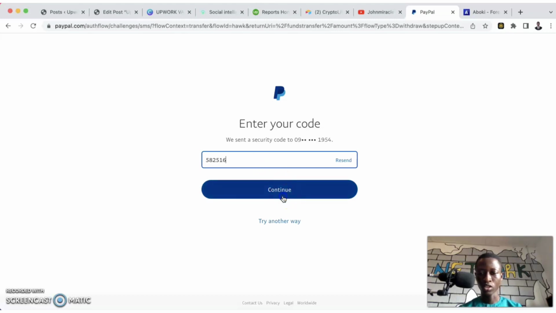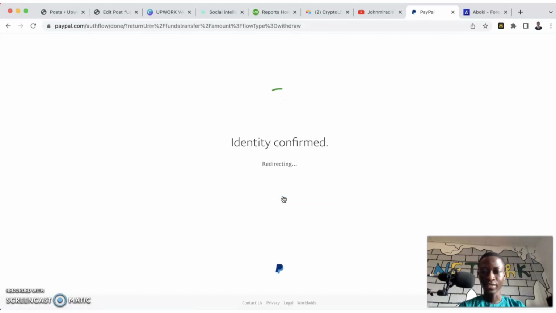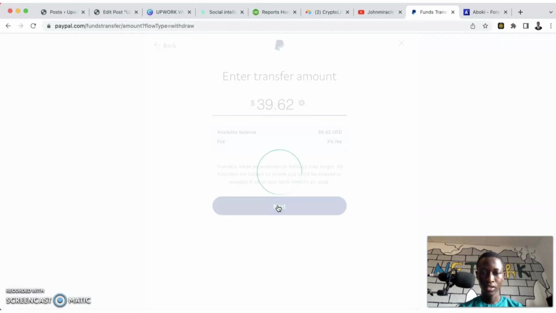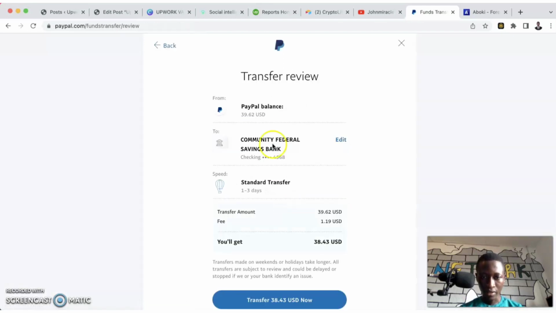582516. Continue. Alright, confirm. So let's see if they're going to send this money straight to my Nigerian bank account. Let's see that. Okay. What we have here, Paper, $32.62, community account standard. So I'm going to get $38.43. So that is not too costly a fee. Still nice. So if I can get this into my Aboki account,